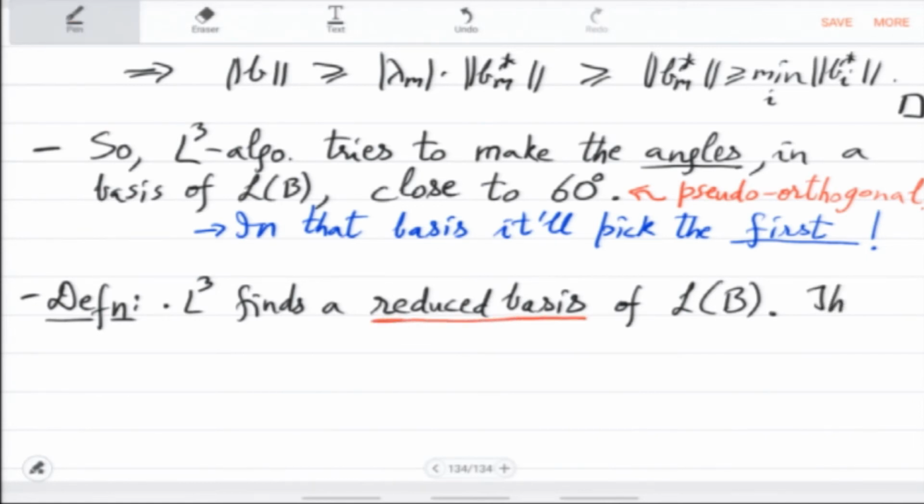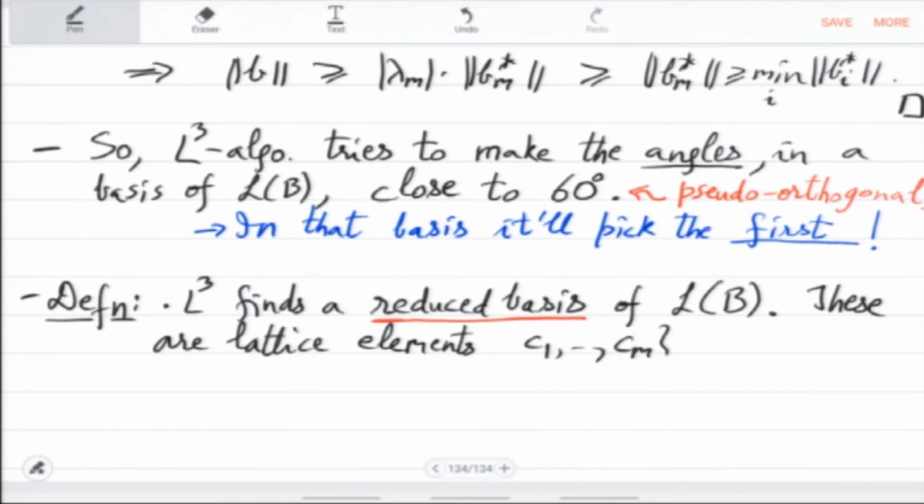So these are lattice elements, say C1 to Cm. There will be m many because you started with m many, and the number cannot change, and they will be integral. Remember that you want the same lattice, so they should all be in the lattice, such that